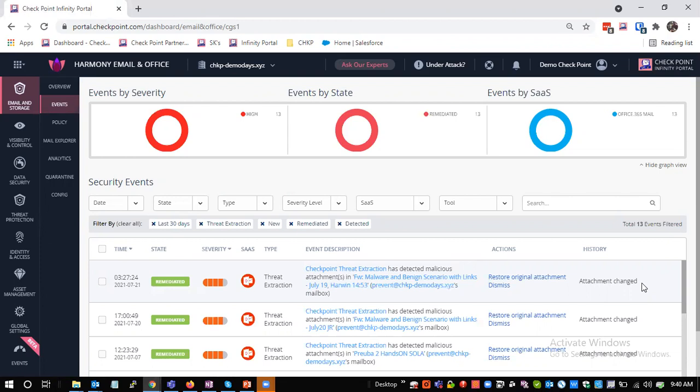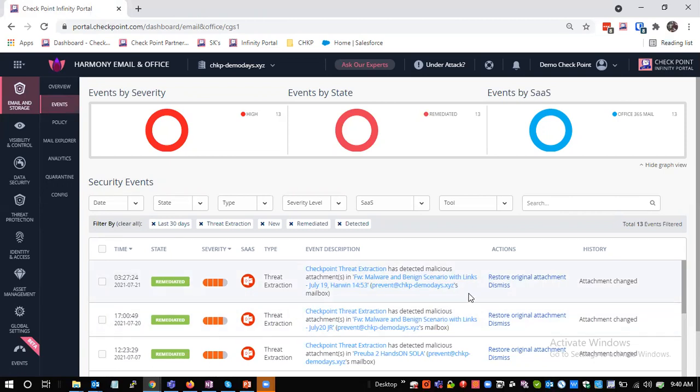Now, what you'll see is that for the most part, users don't really need the active content. Think about how many times you've received an Excel sheet or something, and it says, do you want to enable macros? And you really didn't need to. For the people that do need the macros,